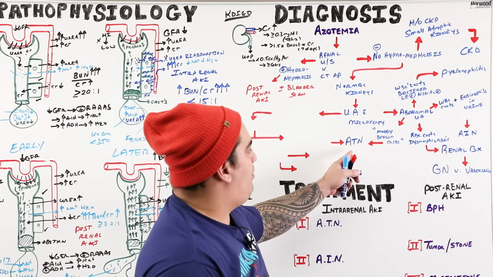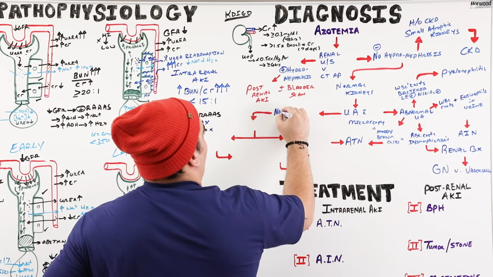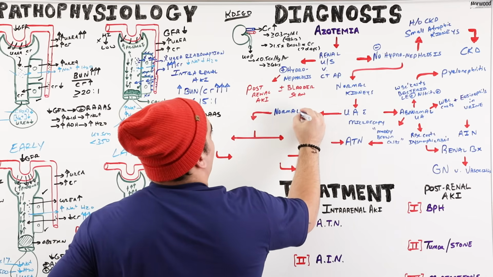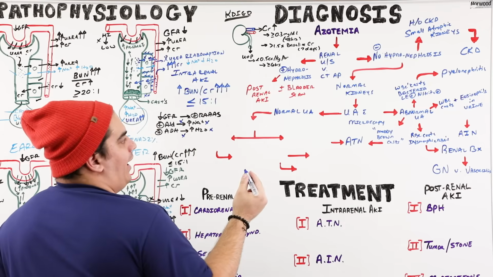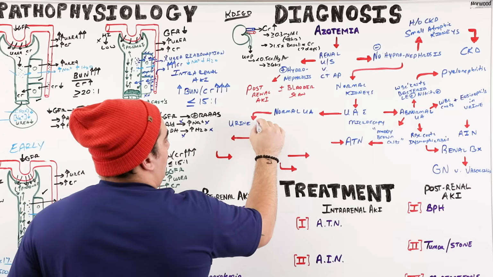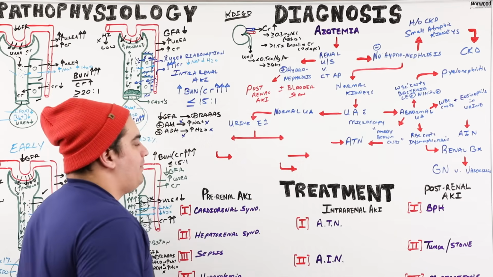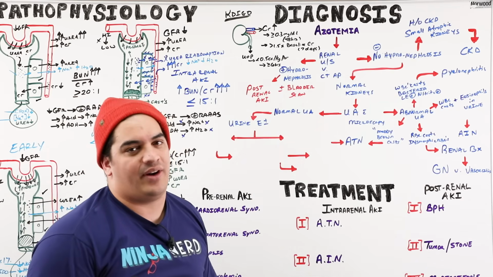Okay, well, we've gotten to that part. What if the UA that we got is completely normal? They got a normal urinalysis. It's completely normal. All right, if you have a normal UA, the next thing you go to is you check what's called urine electrolytes. You check their urine electrolytes because this may help to differentiate some of the pre-renal and intra-renal AKI.